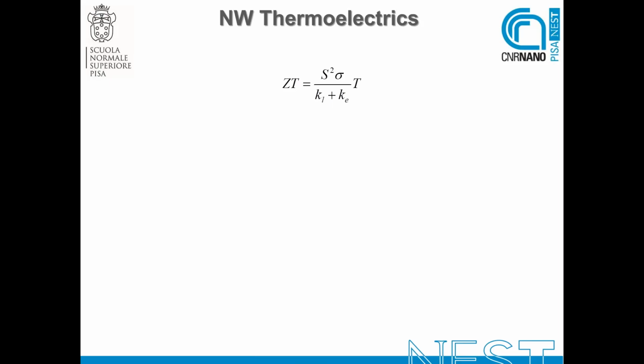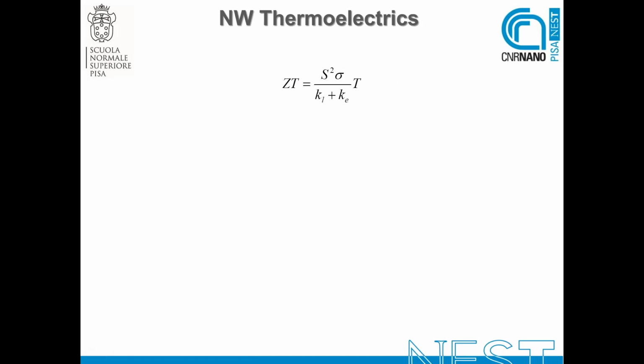And basically it is the ratio between two families of quantities. Here you have the Seebeck coefficient and the electrical conductivity, while here at the bottom you have thermal conductivity, basically from the lattice and from electron systems. Okay, so if you look at this very simple formula, what you get immediately is that what you need is